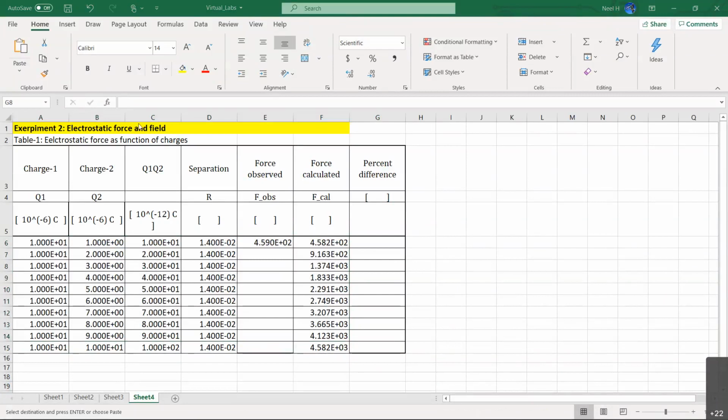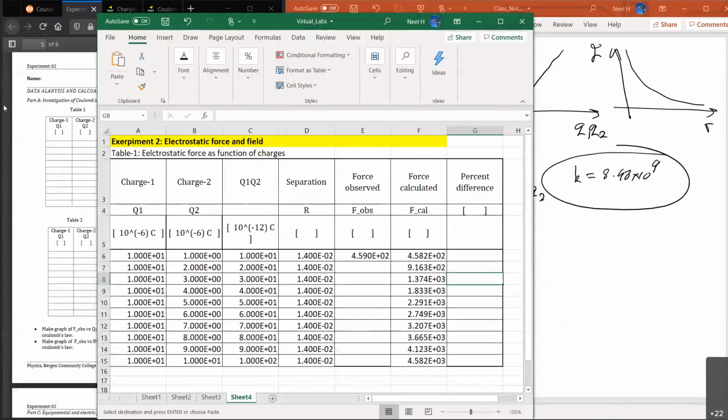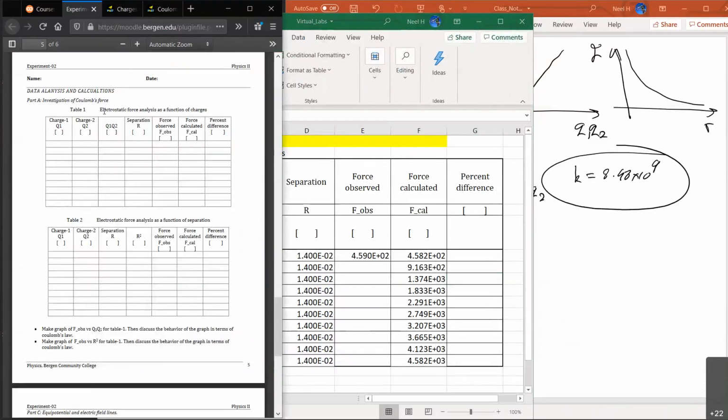So you have these data tables. You don't actually need to see my Excel sheet. You have the data table here in your lab manual, and you have to create the same data table on an Excel sheet. I see some of the students are still not using Excel. I see your submissions, and some of them are still writing these data tables by hand. I don't know why.